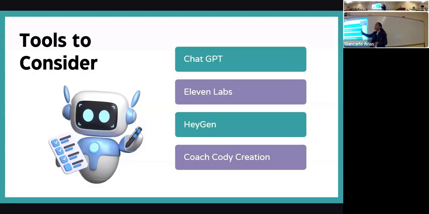So we went to 11 Labs. Then to bring that visualization to life, I used an AI tool called HeyGen. And HeyGen allows you to import pictures and it actually has artificial people in there too if you want to. I designed Coach Cody and it will give you the ability to actually have them be interactive. And that's how Coach Cody was created.